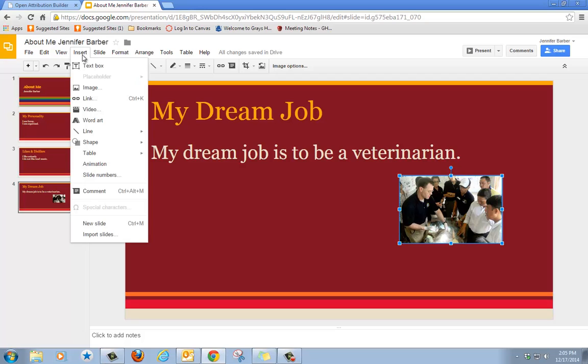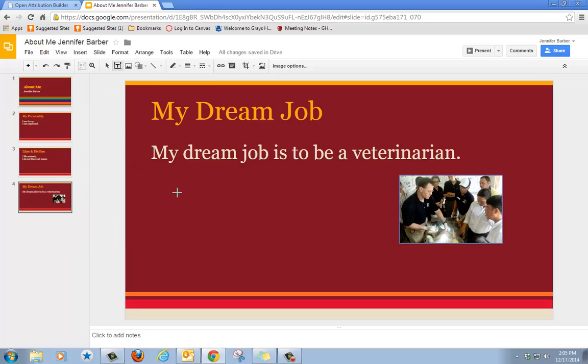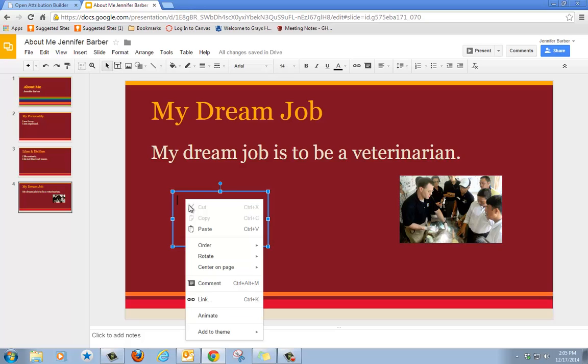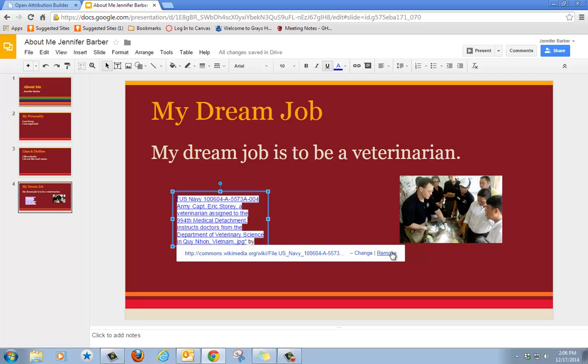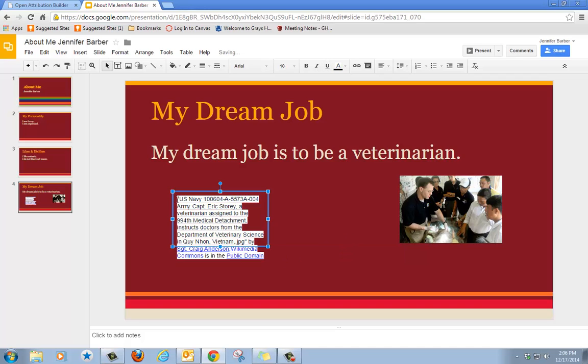I need to insert a text box, so I'm going to click on text box, and I get a plus sign that I can move with my mouse. I'm going to click and drag and make a box. I'm going to right-click, paste my attribution. My attribution is still big, so I'm going to highlight it